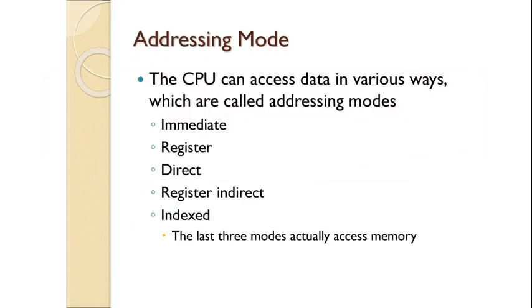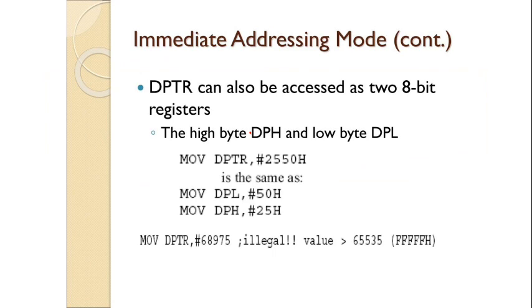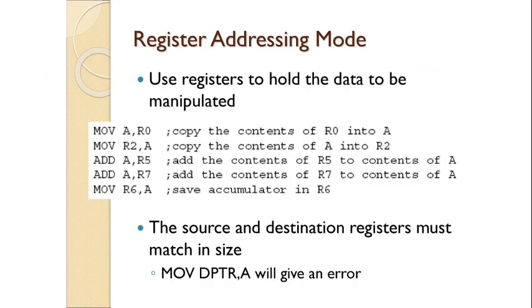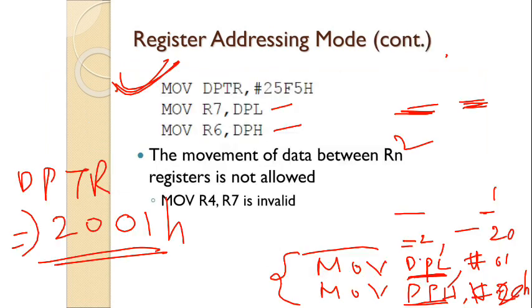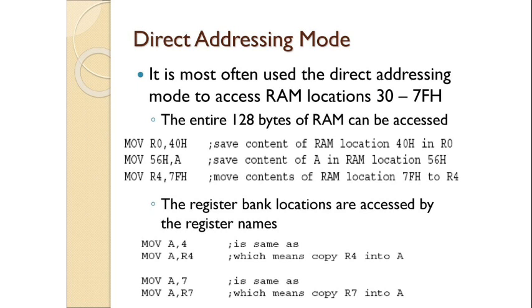Good morning everyone. So in the previous video we have studied different addressing modes. Two addressing modes we have seen, that is immediate addressing mode and register addressing mode. In immediate we have a pound symbol before the value so that it will be a constant value. That constant value will be loaded into some memory. Next, in register addressing mode, we have two registers. Whatever the data is there, we copy from one register to another register, let it be 8-bit or 16-bit. So today we will see direct addressing mode.